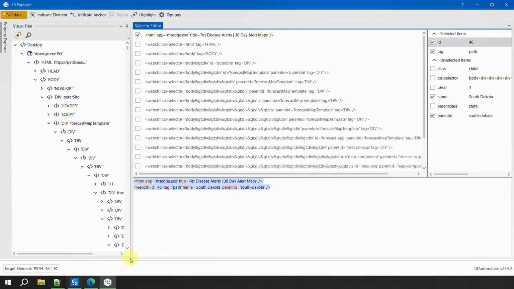I'll go back to my UI Explorer. I'll do the same changes here. I see that yes, ID is something which is changing, so I'll put a star here. In the name, I do not require the name, so I'll omit the name from here like this. Now this becomes my selector. I can quickly validate,